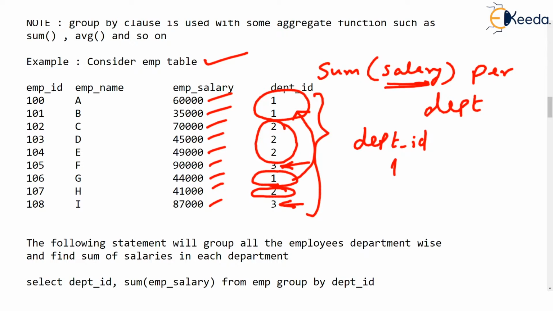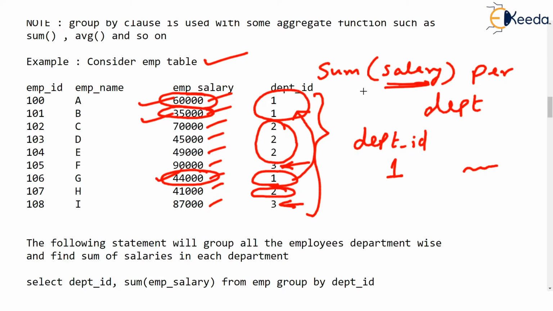See, for department number 1, the salary we are paying is 60,000 plus 35,000 plus 44,000. All these salaries added is the total salary paid for department number 1.